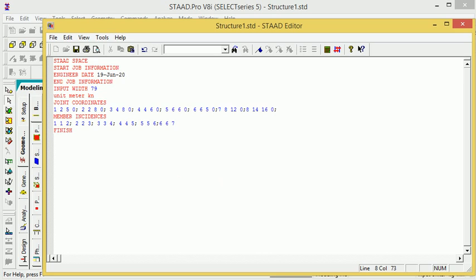Right, same thing I have provided here, just space I will provide right now member incidence, and again semicolon, right, then space, and what is the member number, it is 7 and start member 7 to 8,